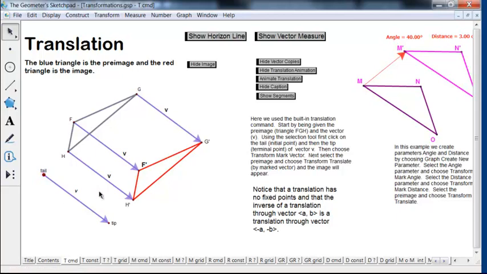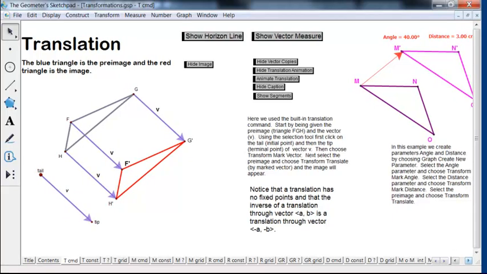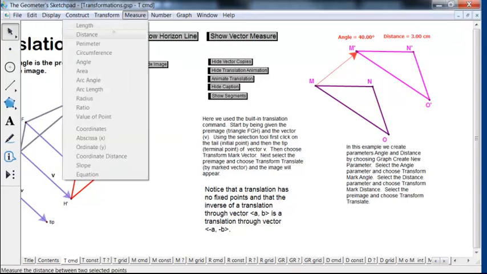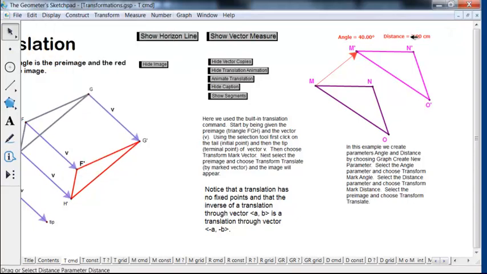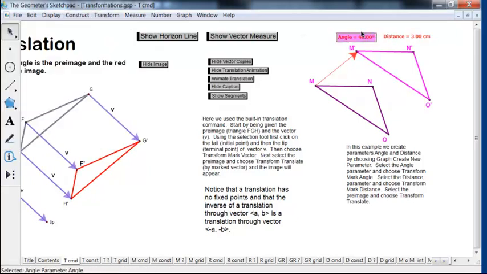So in Sketchpad we can define that in terms of a vector given by an actual directed line segment here, like I did on the previous one. I can also go here, specify a distance parameter, make a parameter for distance, which I can do under number and new parameter, and then one for angle, and then go here and say mark that and say transform, mark the distance there, go to angle, transform, mark the angle, and then when I go down here and select triangle MNO and then say translate,